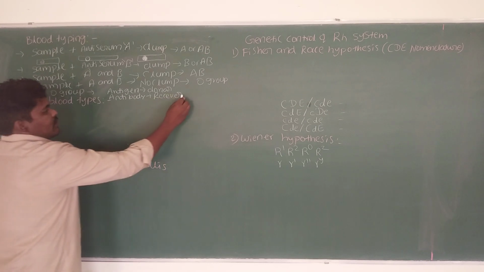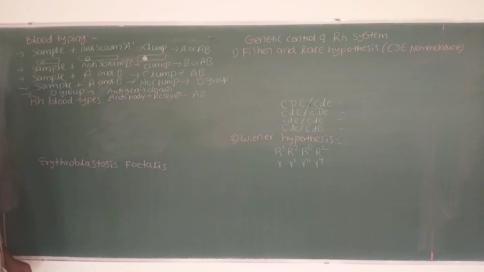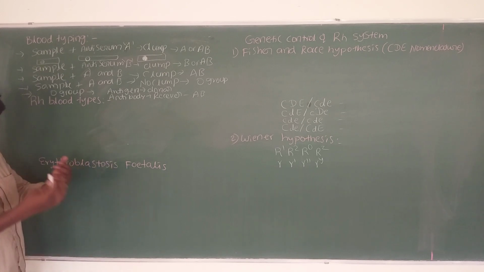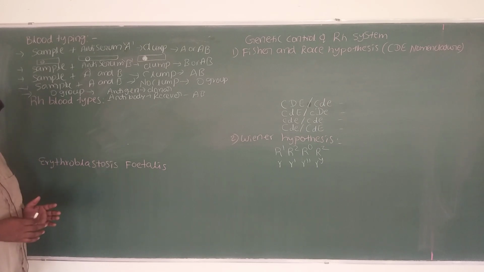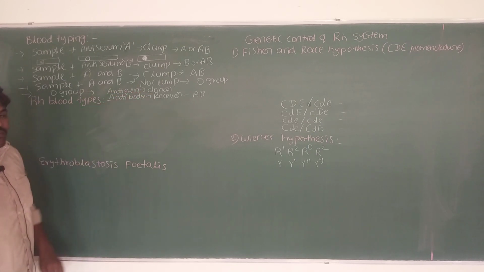The AB blood group doesn't have any antibodies, hence it can take blood from anyone. But the O blood group has both antibodies, hence it cannot take blood from anyone. Why do we have to see only the antibodies of the donor? We don't need to see the antigens of the donor. Sorry, the antigen of the donor, then the antibodies of the receiver.